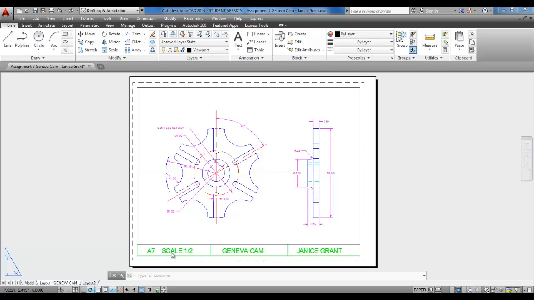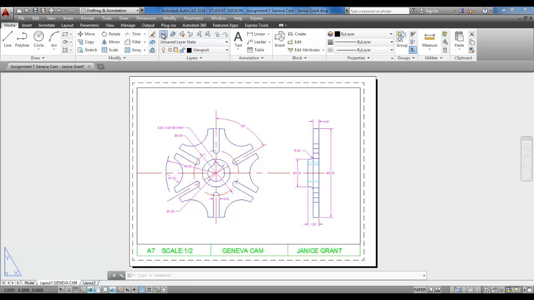There are two things that I think we should do to finish this project. The first one is to double click on the text that you placed earlier and take out the whole word assignment so that you can put A7 and then put the scale colon 1/2. In order for us to print with our line weights and see it outside of the print preview when we're printing, we should go to the